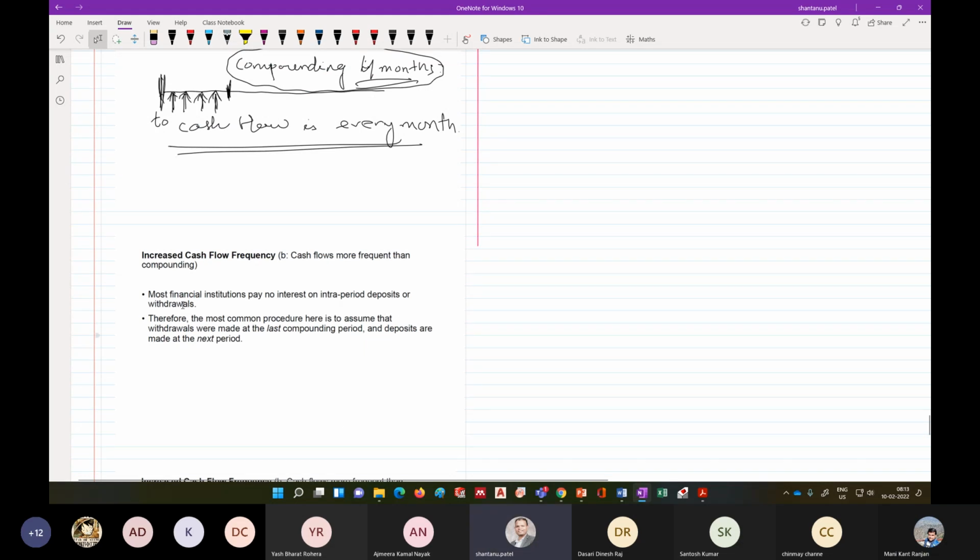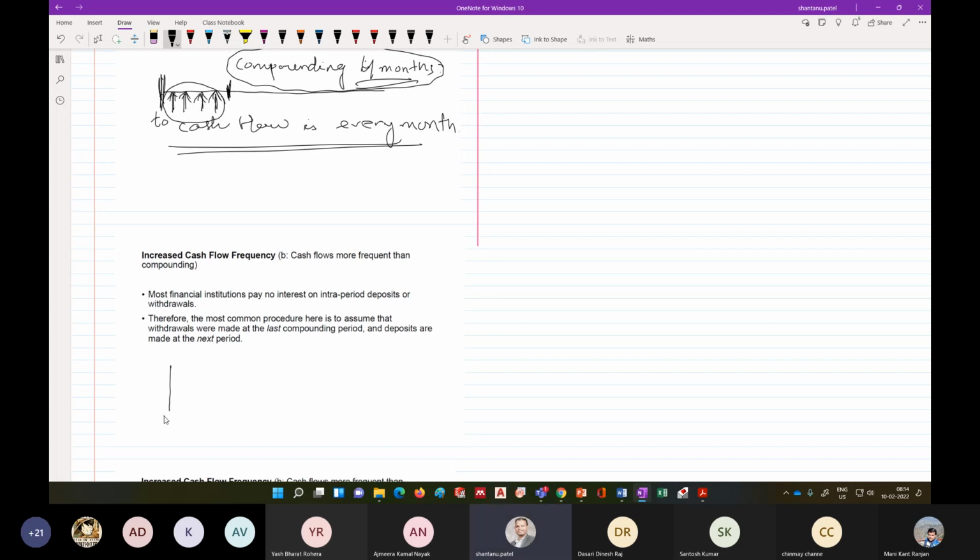So in this case, most financial institutions pay no interest on intra-period deposits or withdrawals. So in this case it's pretty simple: we don't get interest for these periods. Therefore the most common procedure here is to assume that the withdrawals are made at the last compounding period and deposits are made at the next period. So what does this mean is,